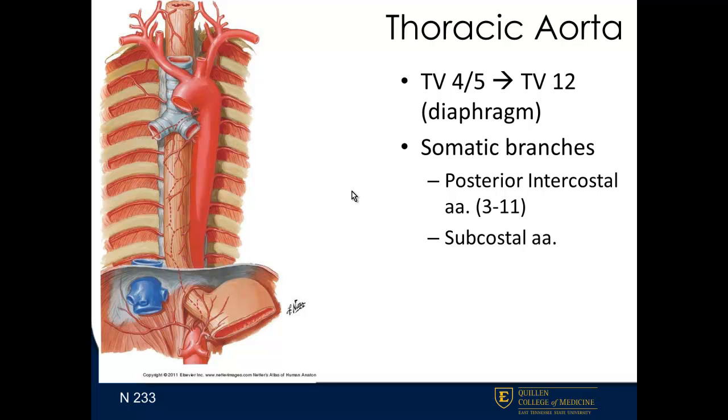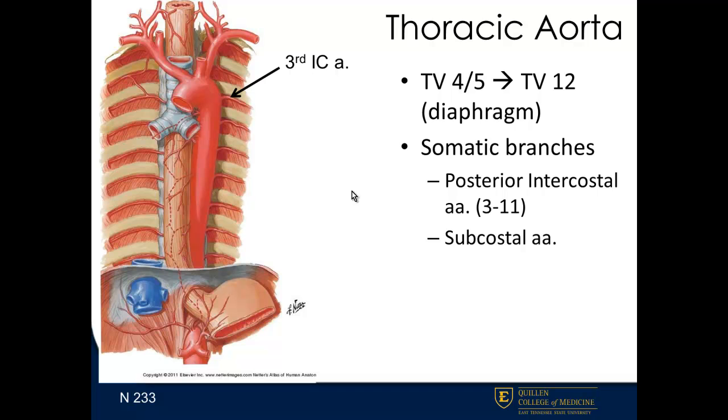Posterior intercostals 3 through 11 are all going to be branches from that descending thoracic aorta. So here you see the third intercostal artery. Intercostal arteries 1 and 2 typically come off the subclavian artery from the costocervical trunk. So this is the third intercostal artery, and it's going to travel on the inferior aspect of the third rib. It actually travels in a groove of the rib called the costal groove with the same numbered intercostal nerve